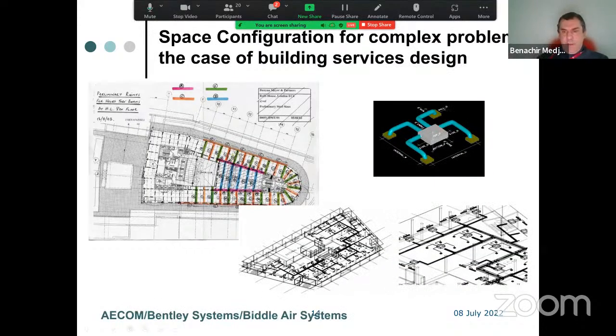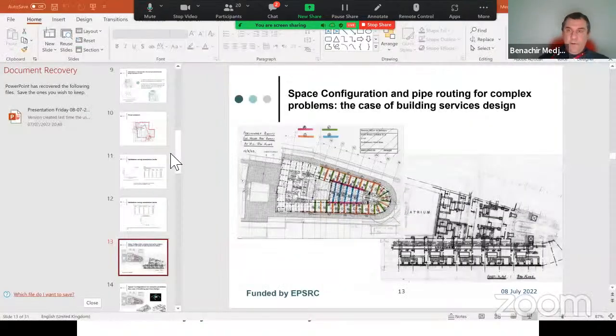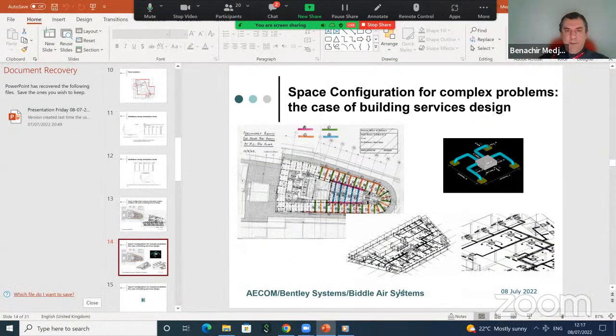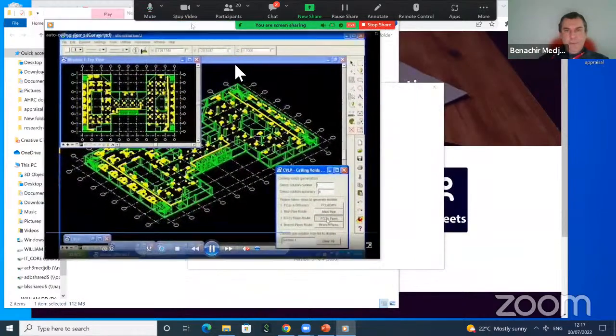In our case, I show you here on the bottom right an example of a solution in 3D generated by our system using a BIM platform. And we see that engineers usually solve this problem in 2D. I will come back to that anyway. Before going to the methodology we have used and the different stages to develop this system, I would like to show you a demo of the system, just to give you an idea.